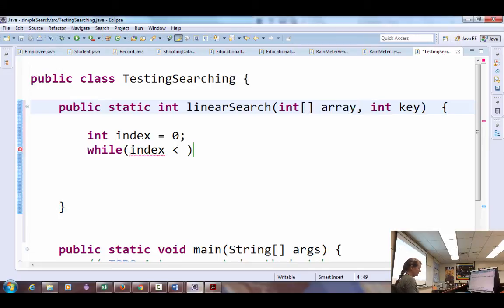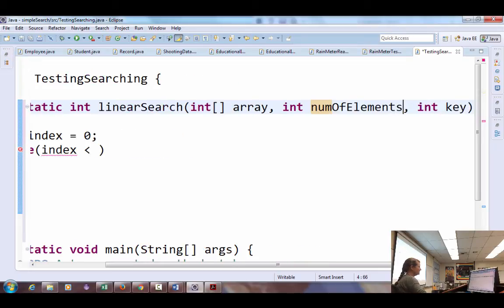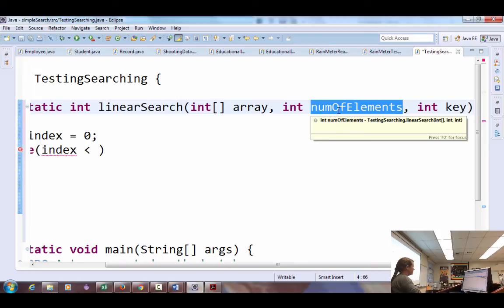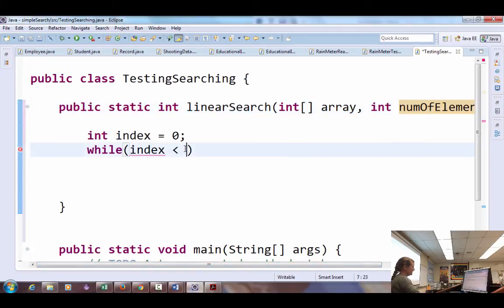So let's go ahead and give it another parameter, and we'll call it num of elements. The reason is that sometimes we don't fill our arrays totally, and we should recognize that. If our array is not filled totally up, this is how many elements we have inside of our array. So while our index is less than the number of elements,